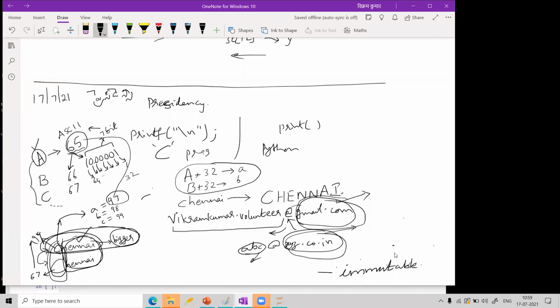Immutable means you cannot change. Suppose someone is telling mutable, it means you can change. So string is immutable. Once you declare a string, it is immutable, meaning you cannot change that string.